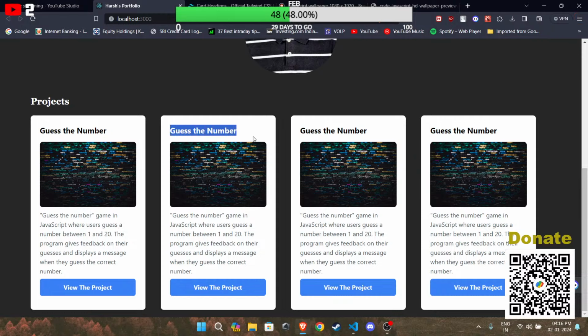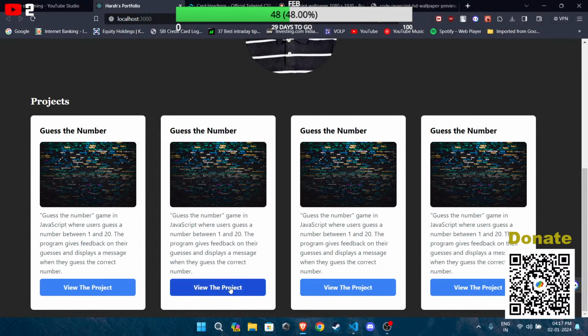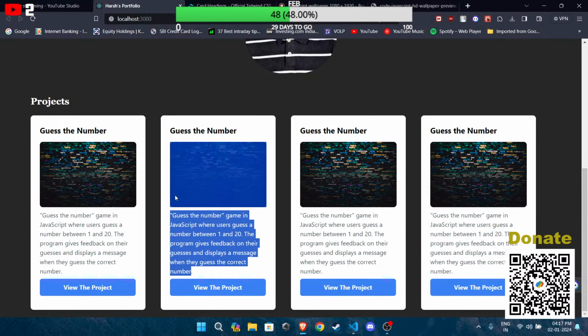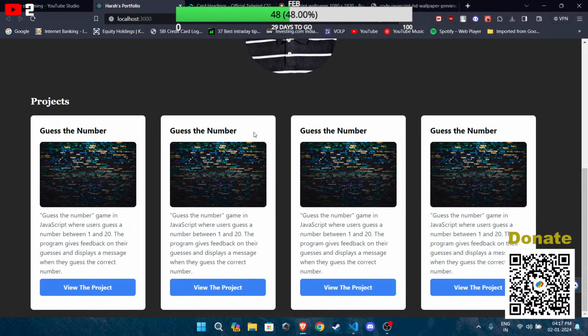But now what we're going to do is just change these things. Guess the number, guess the number, guess the number: the description, the image, and view the project will be the same for everything. So that's how we are going to generate cards for now, which will be hard coded. Everything I have to change whenever I make a project should be from the code itself, not